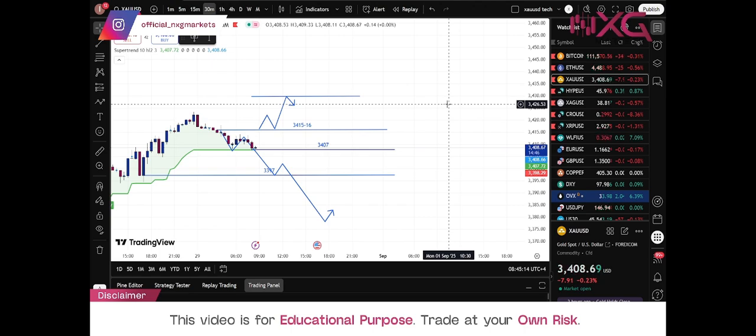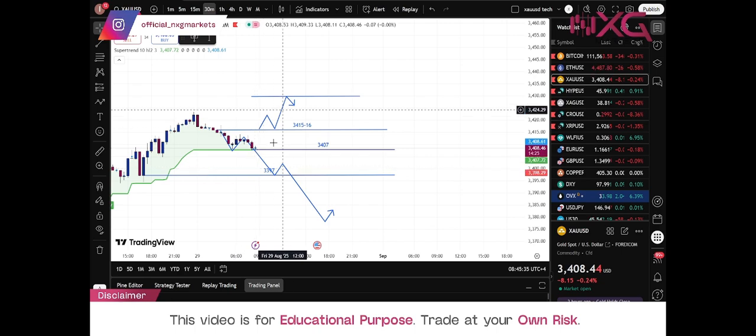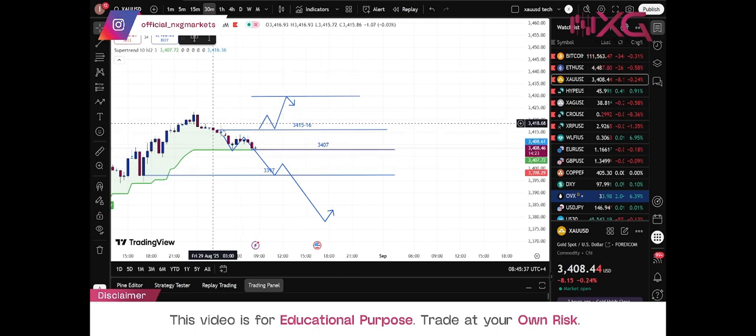As I see it, today's trading is going to be a little simpler, because technically not a lot of high volatility or liquidity sweep is expected today. But because it has gone to the level of 3397 and above, we can expect it to have bullish support. However, before it goes further, it has to take a little bit of pullback, and these are the pullbacks we are talking about.